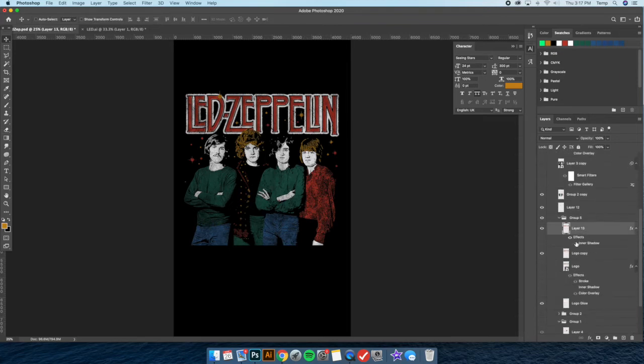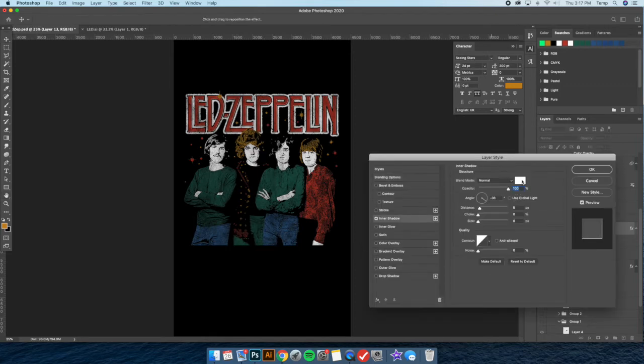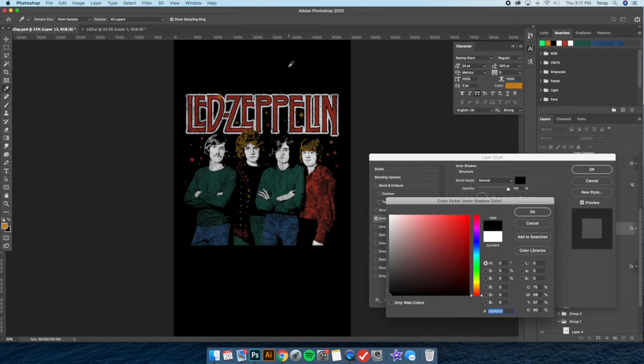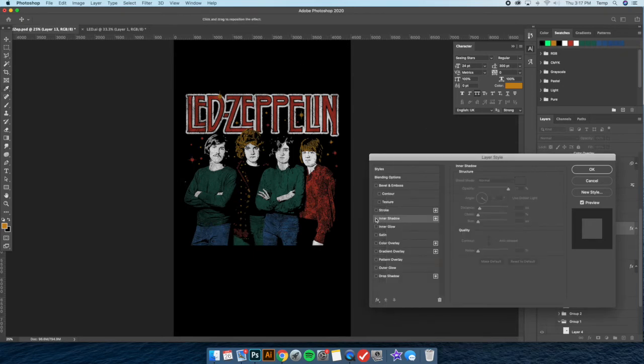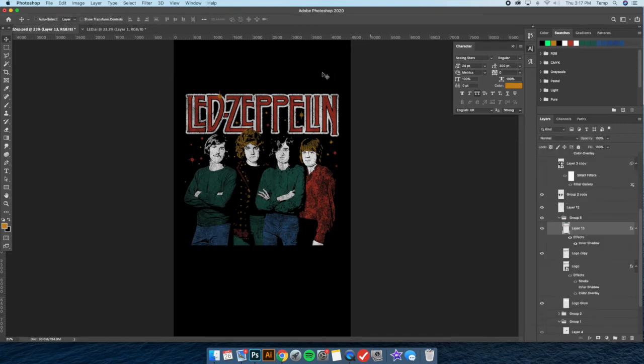Let's see, I'm still debating this inner shadow. I don't know if I like it. What would happen if it was black? What does that look like? That's kind of interesting. It adds a little bit more. I kind of like it in black instead. Yeah, let's just do that. Keep things a little more simple. So,